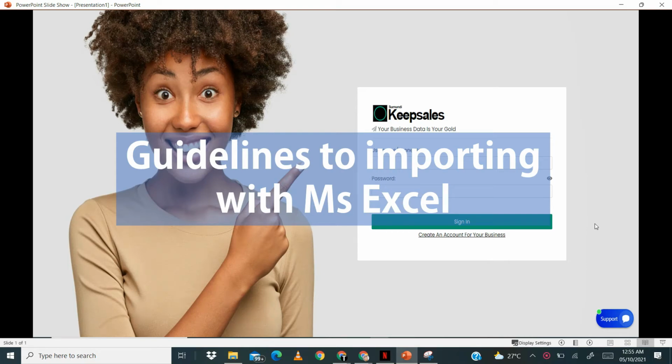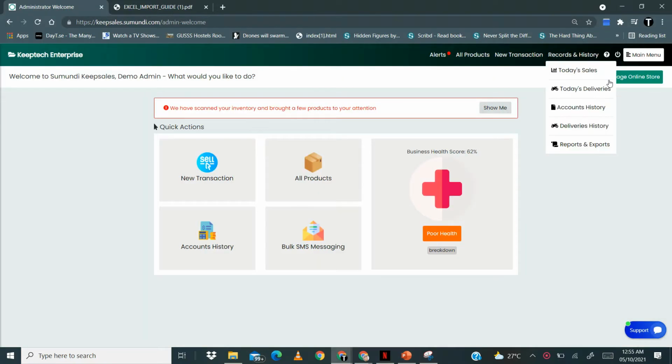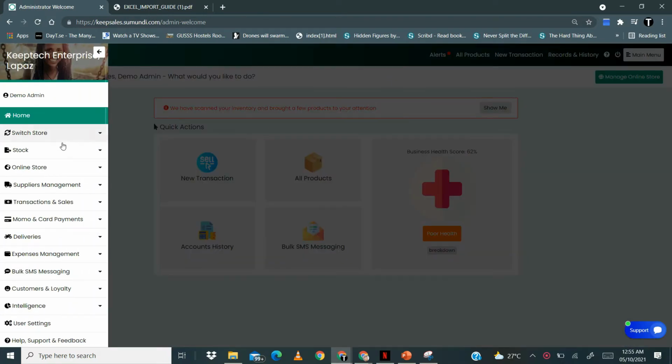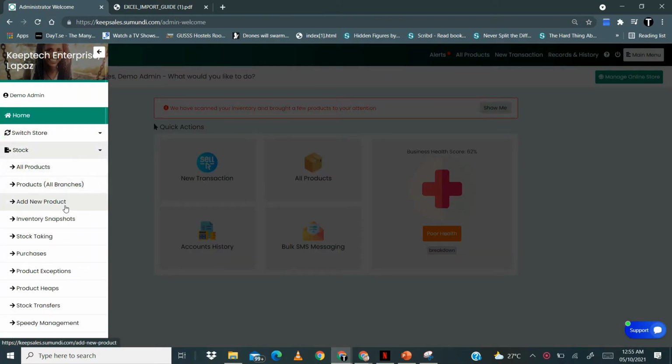Now in this video, we will be looking at some guidelines you need to take notice of when importing your stock into Keepsales with Microsoft Excel. Okay, so let's get to it. We'll be looking at certain guidelines that should guide you when you are importing your stock into Keepsales using Microsoft Excel. So let's click on the main menu, you click on stock, and then you click on add new